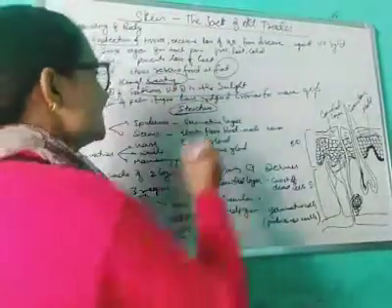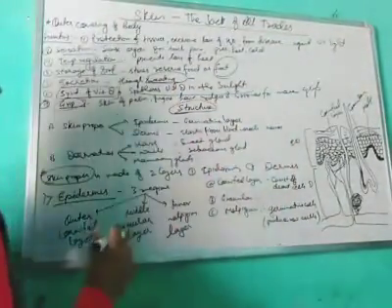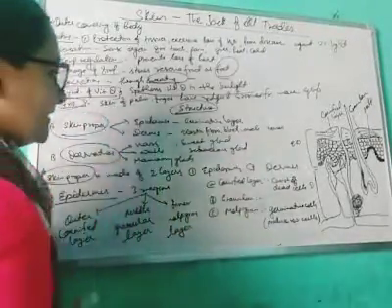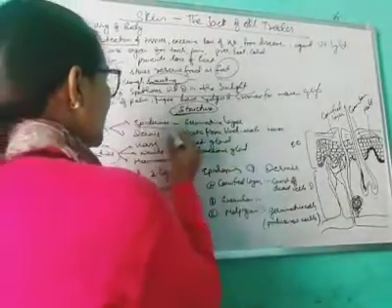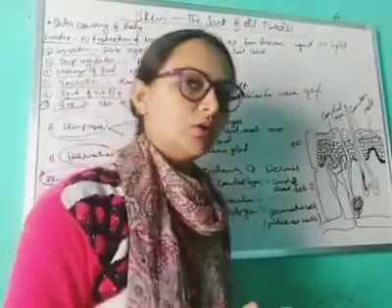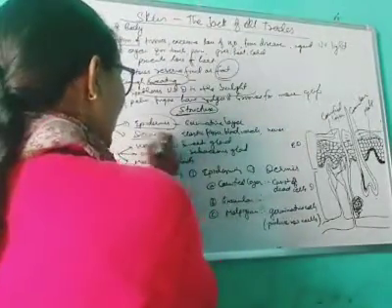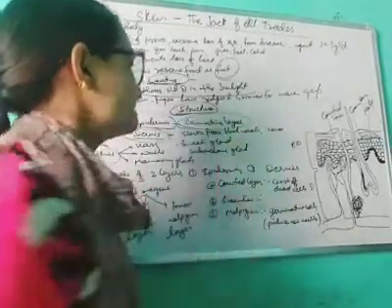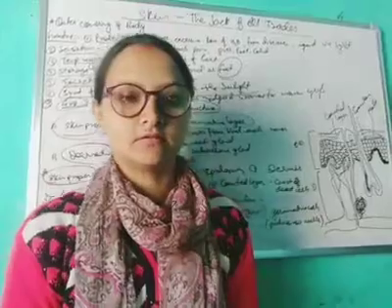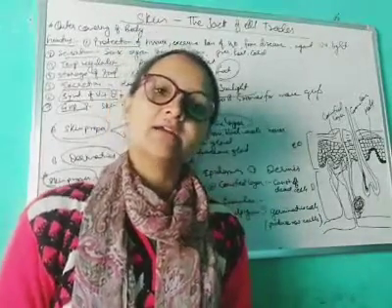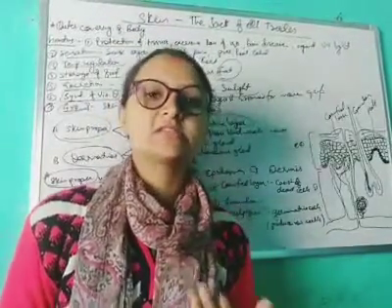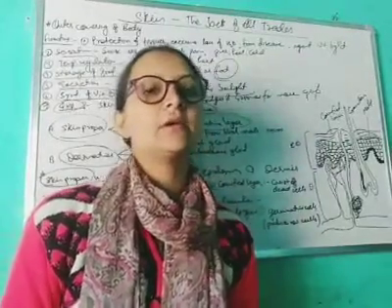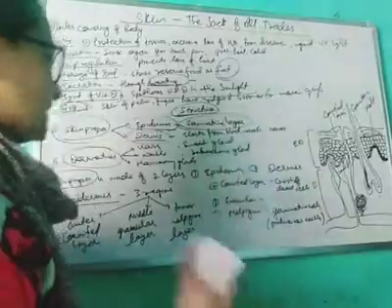Next there is the structure of skin. It is divided into two parts, that is skin proper and derivatives of skin. Skin proper is divided into two layers, the epidermis and the dermis. Epidermis is the germinative layer, that means it produces new cells of the skin. So it can shed the old skin and produce new skin, new cells of the skin.